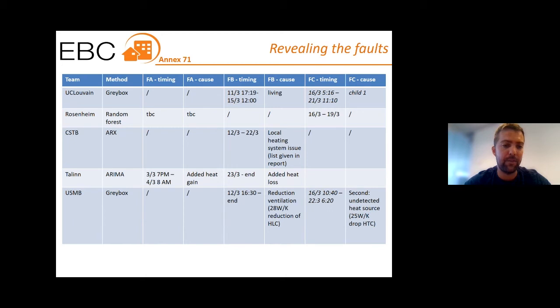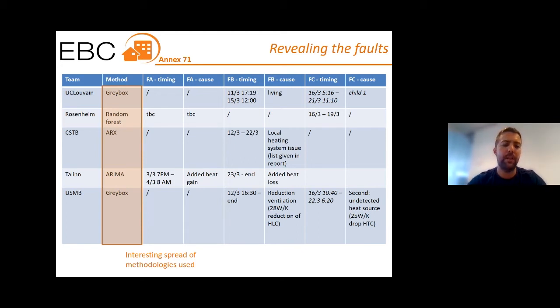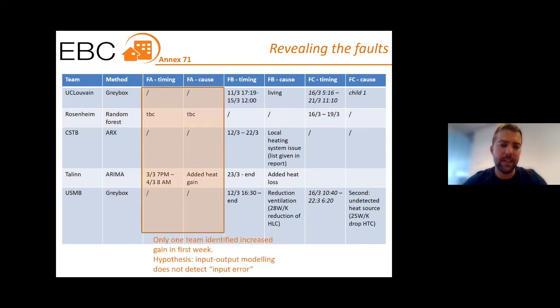First of all, in terms of the methods, Dirk, on the next slide, we found that there was quite some interesting spread. So we were using some methods that were introduced already in Annex 58, but also things like ARIMA models and random forests were explored for their predicting capability with mixed success, as you can read in the report. A second thing is that only one team actually identified that something was going on with the heating power in the first week of the